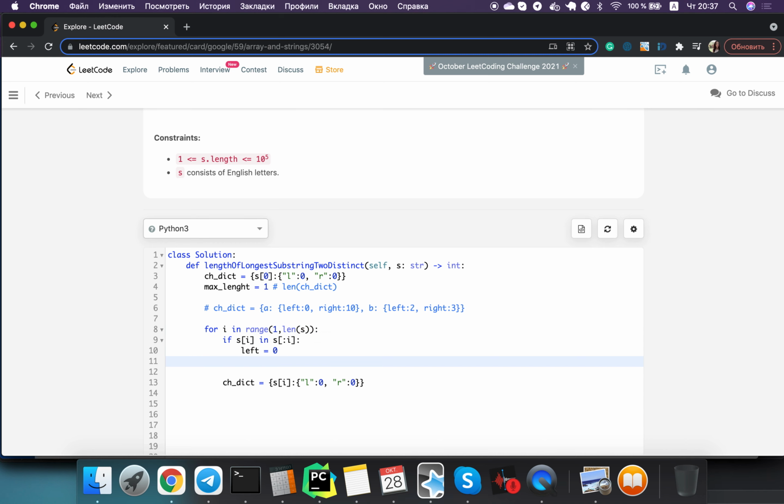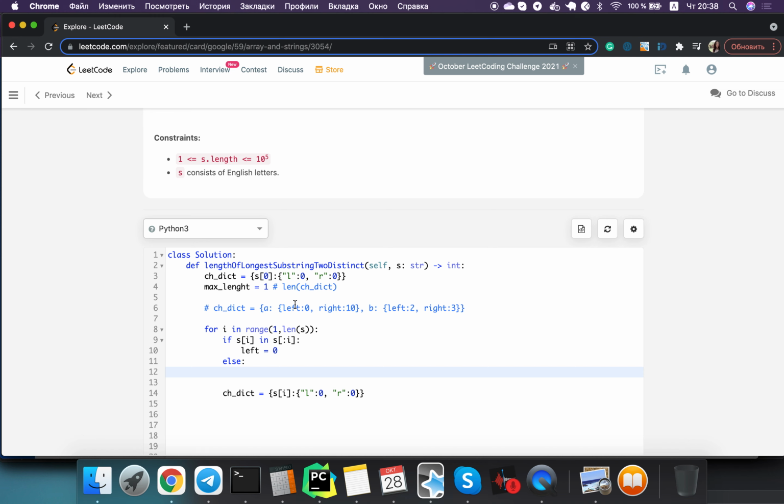In the other case, if we have a new neighbor, we are going to say that our left